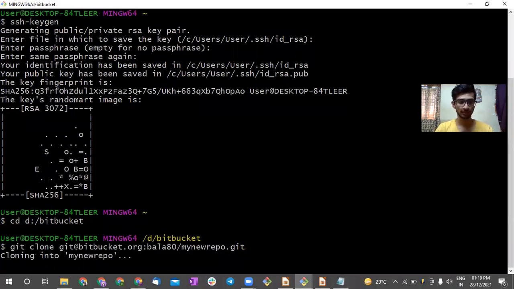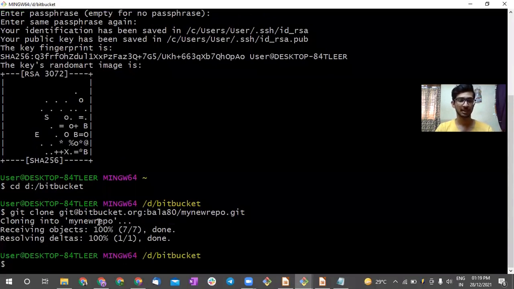If I hit enter, since I have my private key with me and the public key in my repository, cloning into my new repo has been done. Receiving objects, receiving data, everything has been done.